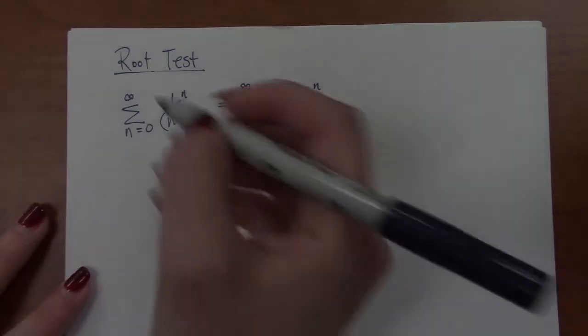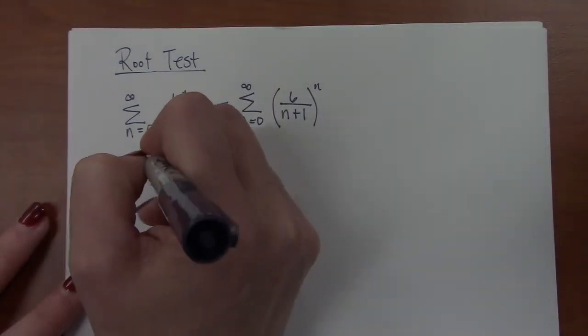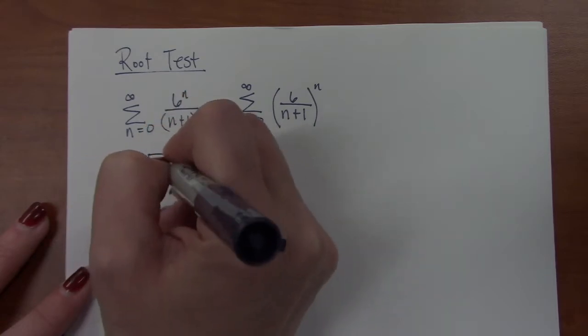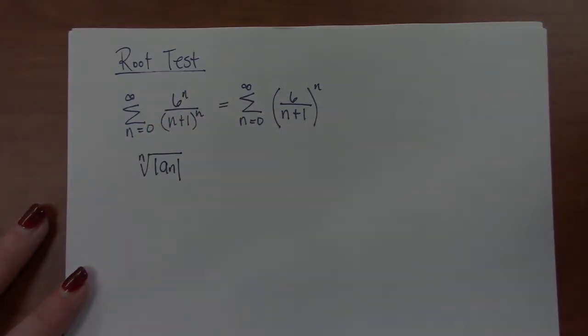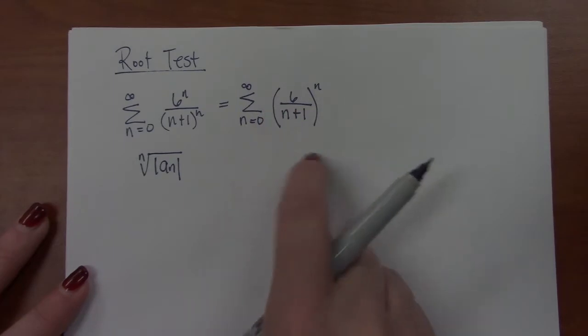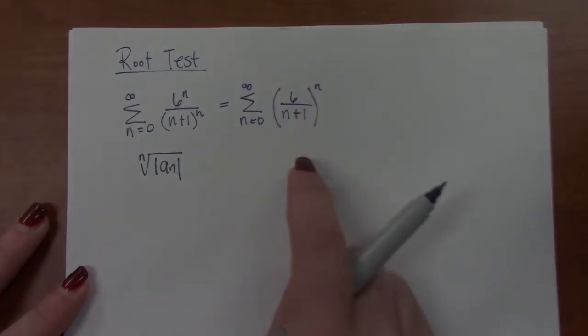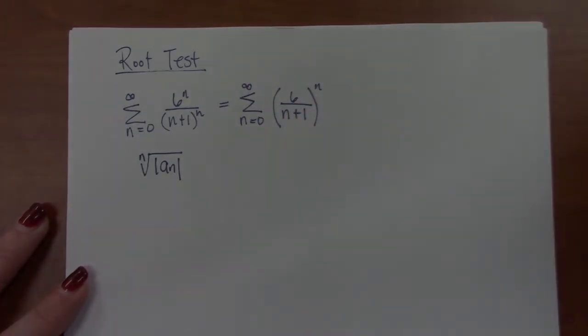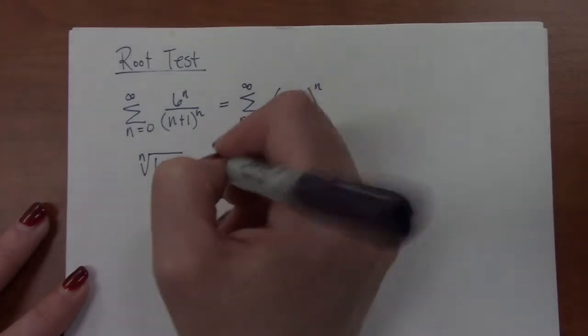So what we want to do on the root test is take the nth root of the absolute value of a sub n. We don't have any negative elements here, right? There's no -1 to the stuff. But if we did, when we take the absolute value, those would disappear anyway, okay? So if we take the nth root of this stuff,